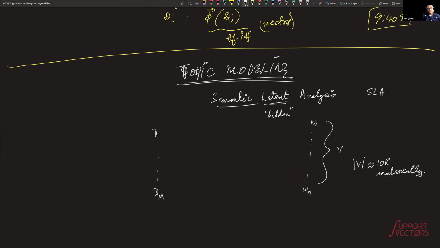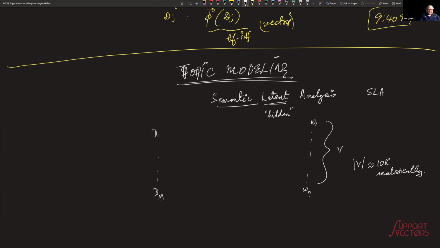You can throw away the stop words, you can throw away extremely rare words and so on and so forth. And then we of course have a vector space representation for words, a simple one hot encoding. We have at least two vector space representations for documents, either the count vector or the TF-IDF vector. But now the question is,